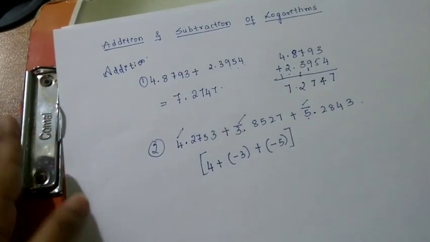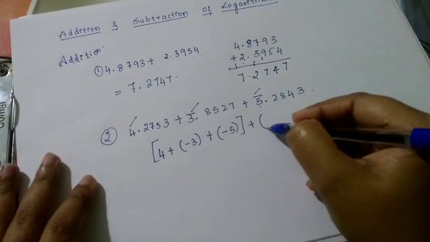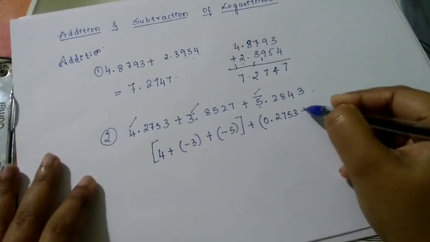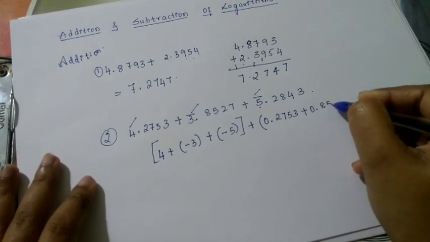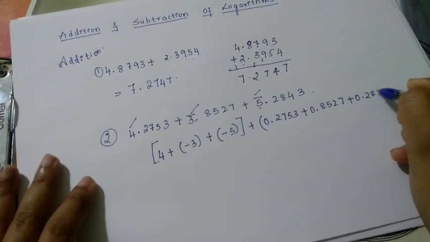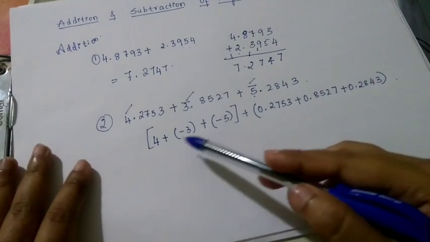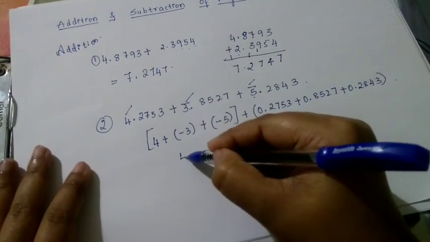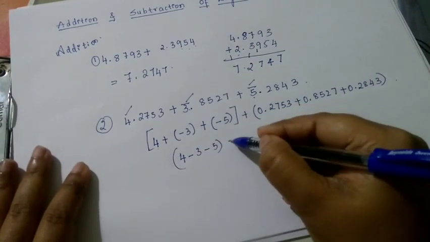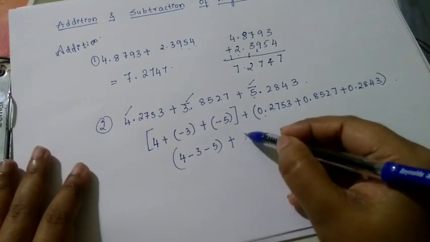Next I want to add the mantissa parts separately: 0.2753 plus 0.8527 plus 0.2843. When you add all these things, the answer comes out to be